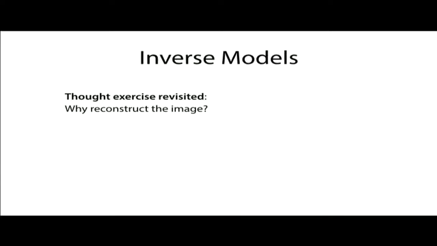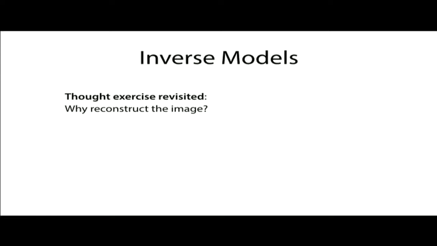I'd like to revisit the thought exercise that I brought up before, which is: do we need to reconstruct the image? Reconstructing images is a big thing, and modeling everything in the image is actually quite hard. There are parts of the image that really don't matter for the task. If you're trying to kick a soccer ball on a field, it really doesn't matter if there's a plane flying by or if there's some stranger walking by on the sidewalk. What you really care about is where the ball is in the image. And so if we can avoid trying to reconstruct everything that's going on, then maybe we can